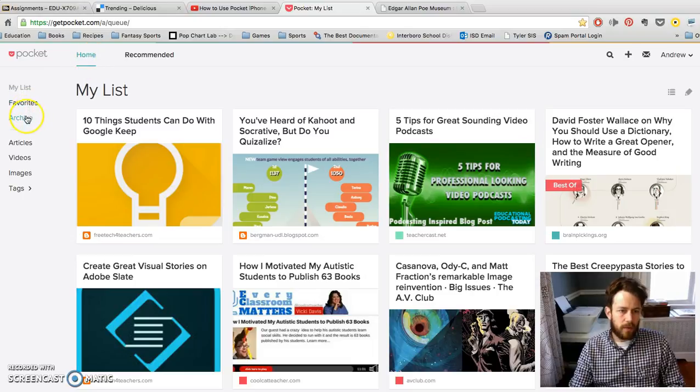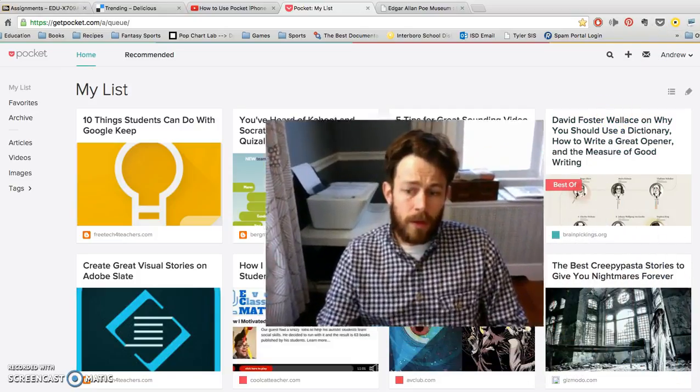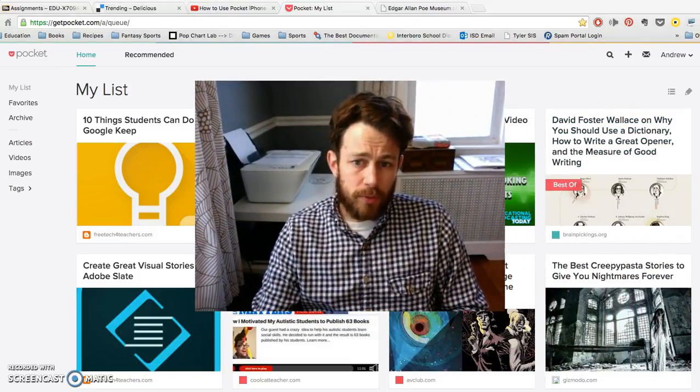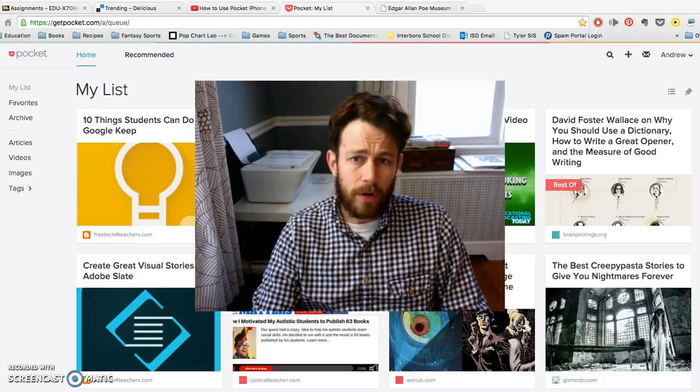But if you look to Pocket for your social bookmarking, it's good for visual learners, I would say, is the big difference between that and Delicious. Pocket also has a built-in feature for Chrome where you can just hit the button and it saves automatically to Pocket. So I really recommend using social bookmarking in your classroom, if not for your students, but definitely for your